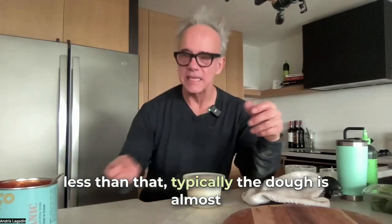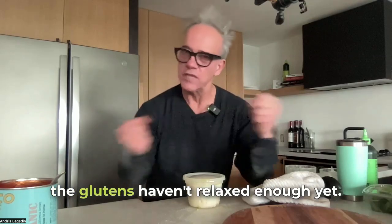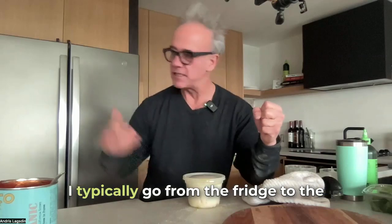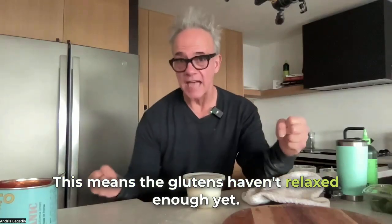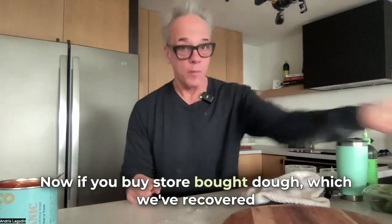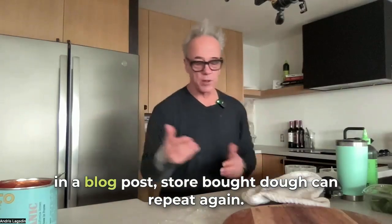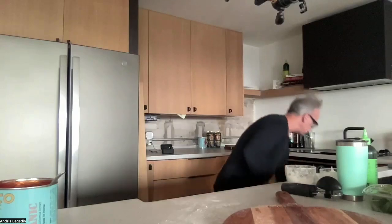Anything less than that, typically the dough is almost too cold, or not too cold, but just the glutens haven't relaxed enough yet. I typically go from the fridge to the counter, but this is counter to counter. It just means the glutens haven't relaxed enough yet. And that's really what you're doing when you're getting that snapback. Now, if you buy store-bought dough, which we covered in a blog post, store-bought dough can,